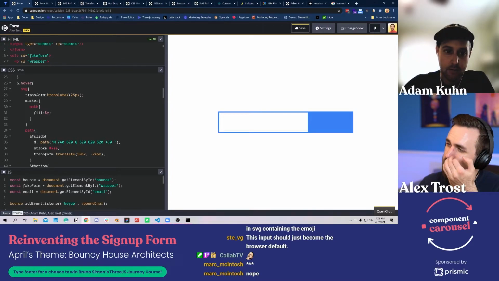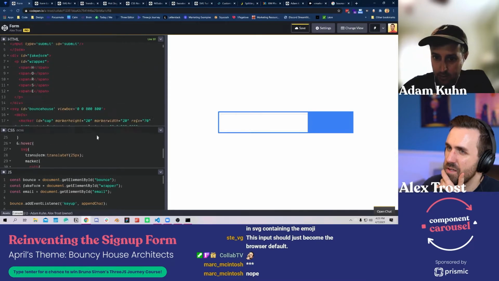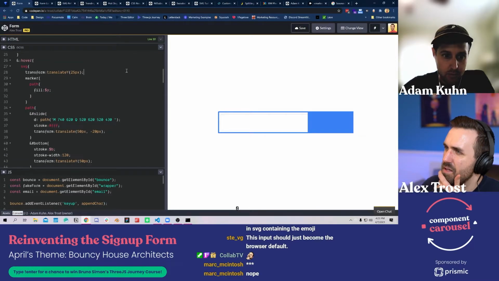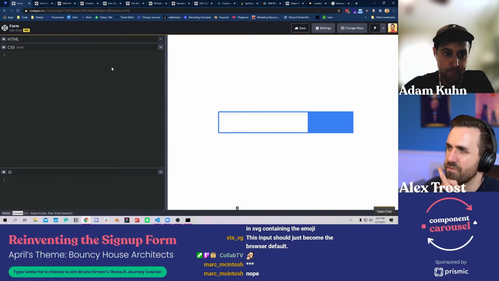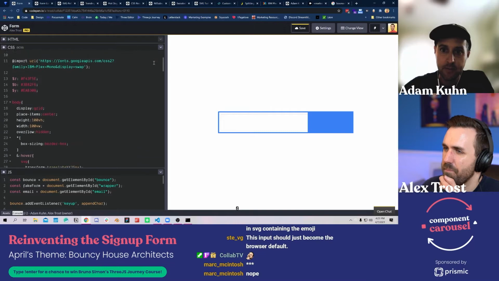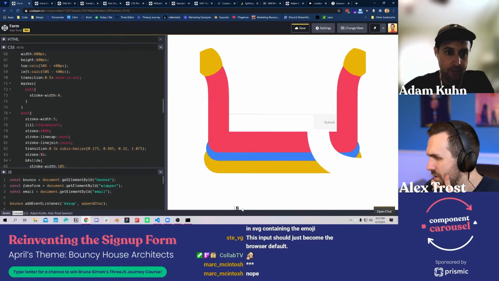Yeah, let's set offset distance to 100. Where did they all go? Oh, you know what happened here? It's because of the view box, because I'm borrowing the same one, so it's probably got to come up like 400 pixels or something like that.